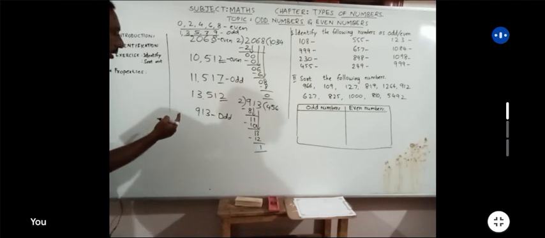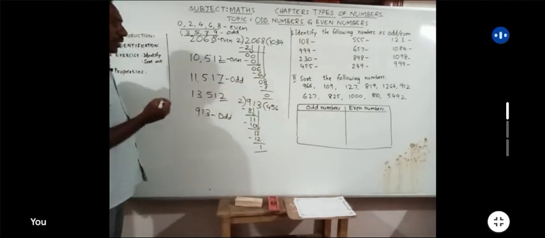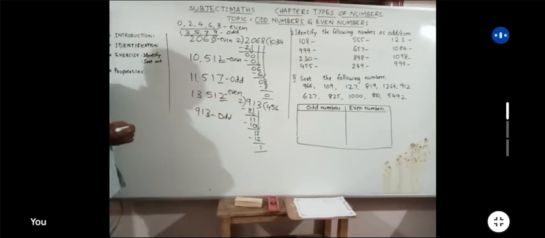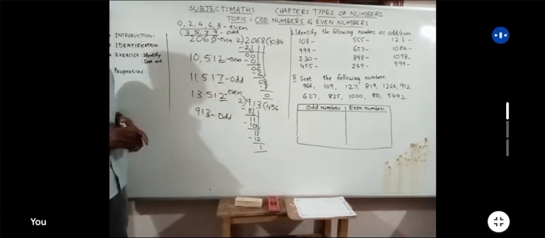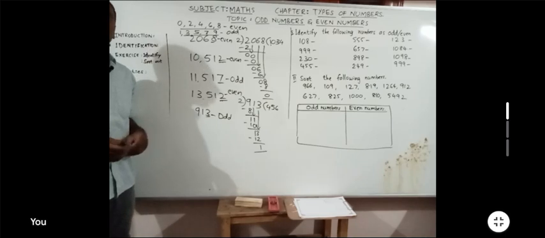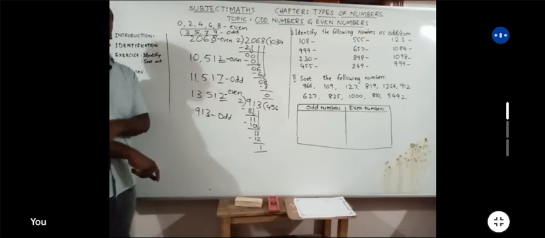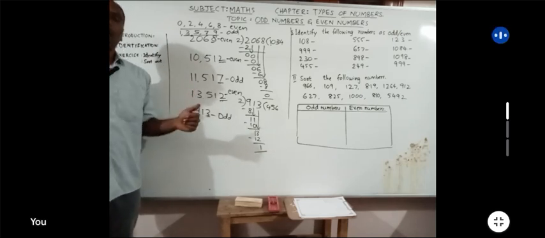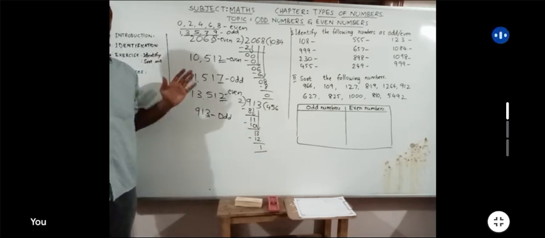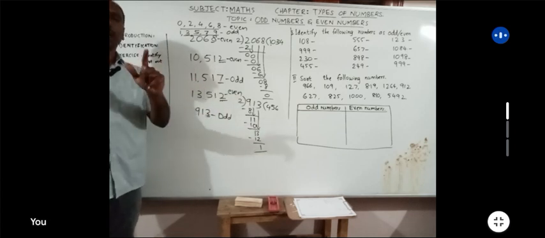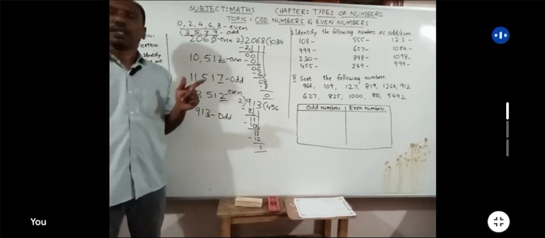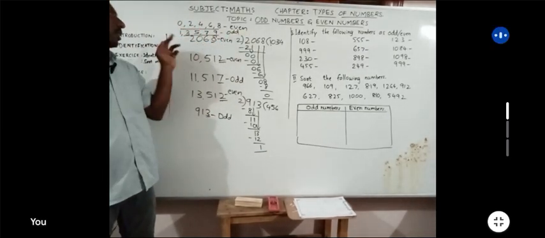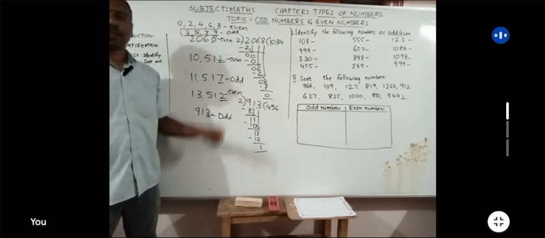Okay. Next one. Here you can notice 2 is there. This number is an even number. See here 3 is there. This is an odd number. See, this method you can use to identify the given number as an odd number or an even number. One thing is you can divide, or without dividing, just by observing the digit in the units place, you can identify whether the given number is an odd number or an even number. 0, 2, 4, 6, 8 even numbers and 1, 3, 5, 7, 9 in the units place,